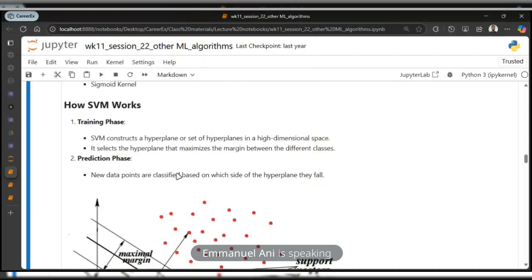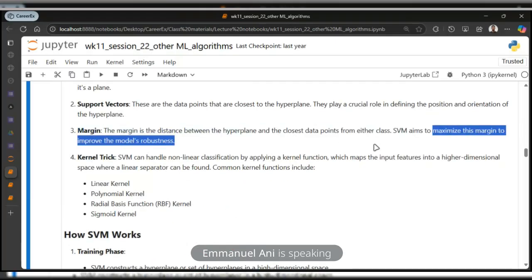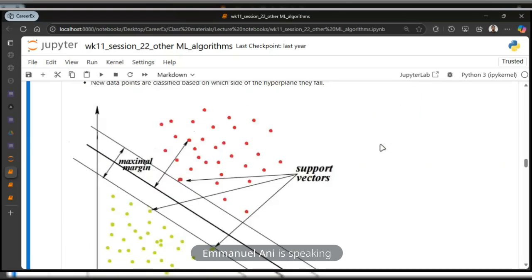So what SVM is trying to do is maximize this margin. The higher the margin, the better the separation. If you have a lower margin, that means the 2 classes are not well separated. So SVM tries to maximize the margin so that the difference between the 2 classes will be high enough that we can easily distinguish between the classes. This is the key idea in SVM basically, right? So if you understand this key point, you're going to